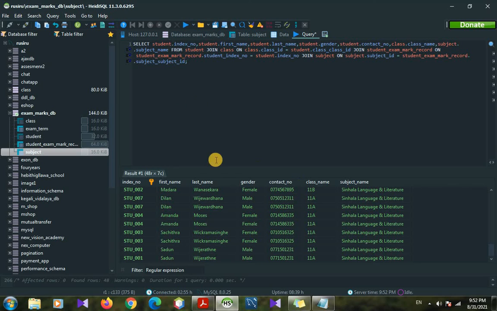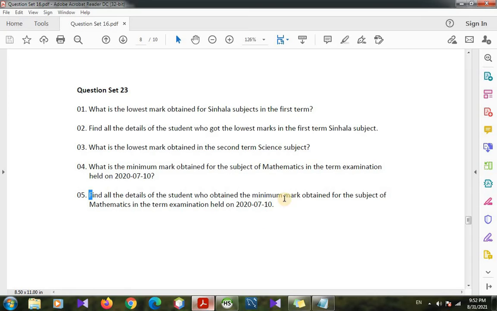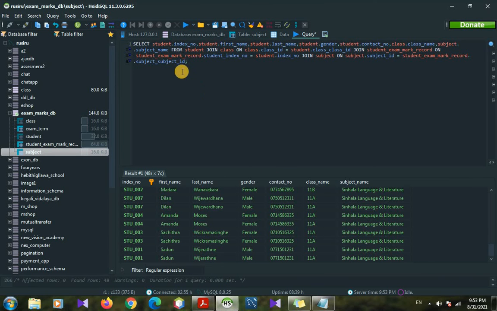So next, after joining the subject table, we can join the term table. Here it's asking that the term should be on 2020-07-10, that means the second term. So here we can join the next table, exam term table. We have joined the student exam mark record table, then the subject table. Now we have to join the exam term table.